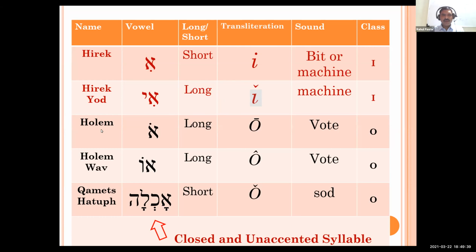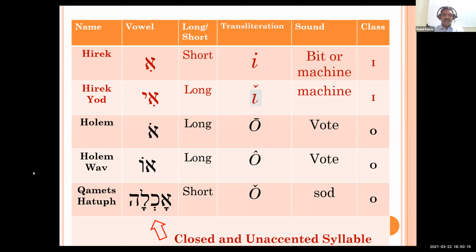Then next is a holum. This holum is also called a lesser holum. If you put a single dot over a consonant, it gives an O sound, like in oat. You can see in transliteration over O, there is a horizontal bar or horizontal line. So it gives a plain O sound like in oat.